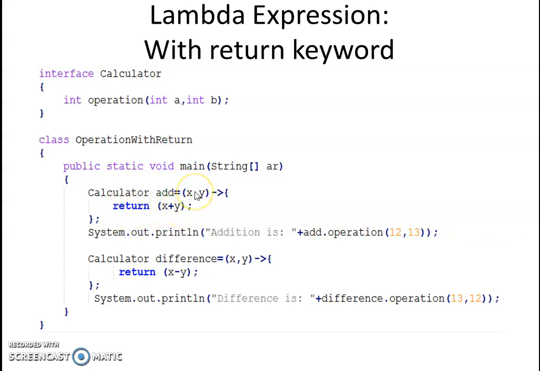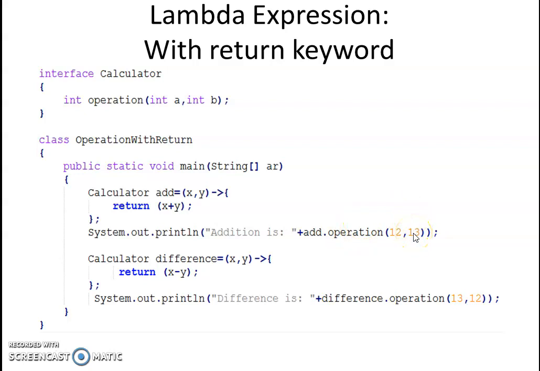So this is the lambda expression that is taking 2 parameter and returning one value of integer type, and we are printing value of this particular operation with 2 parameter.